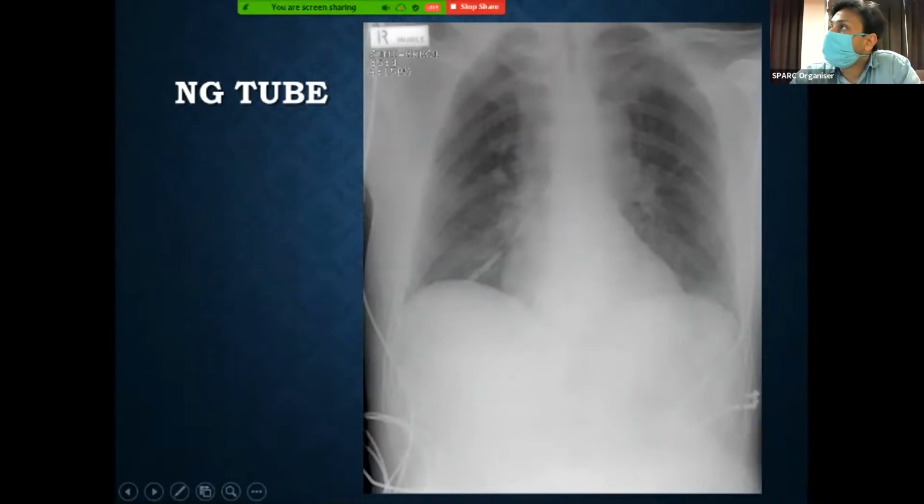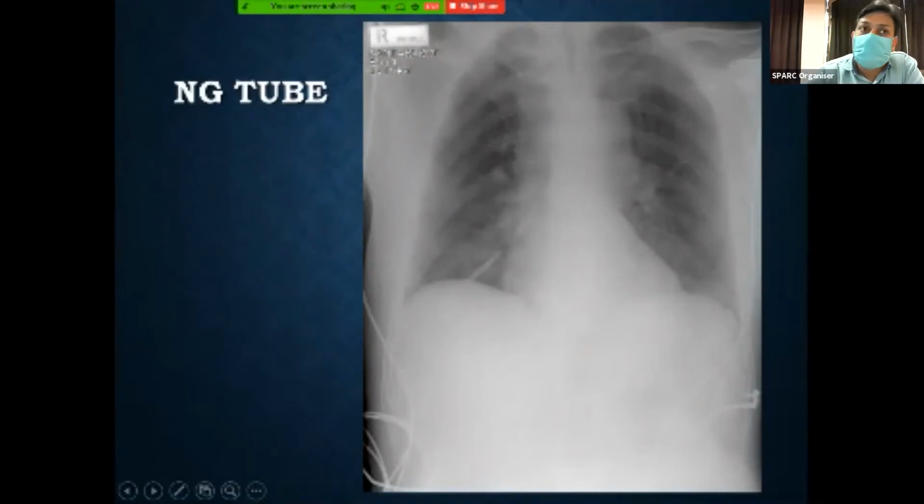Like in this example, the tip of the tube is going towards the right side. So there's no way, the esophagus does not course in this way. The esophagus goes straight down, and before joining the GE junction, it turns to the left and then joins the stomach, and then you have the stomach fundus. So the Ryle's tube should come straight overlying the vertebra, then it should turn to the left side and should be lying in the stomach somewhere here. It should not be going on the right side.